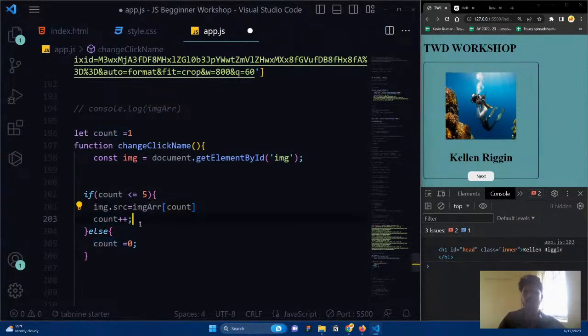Change the image, increase the count. 3, change the image, increase the count. 4, change the image, increase the count. 5, change the image, increase the count. When it reaches 6, 6 is not less than or equal to 5, the condition is false, then it is going to run the else statement. Again, set the count equal to 0. Now again, if I click it,